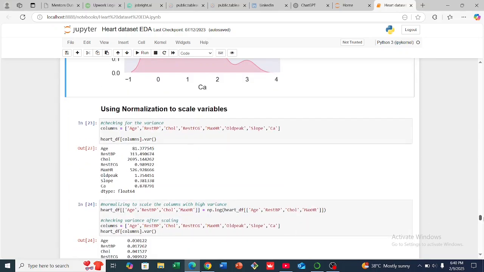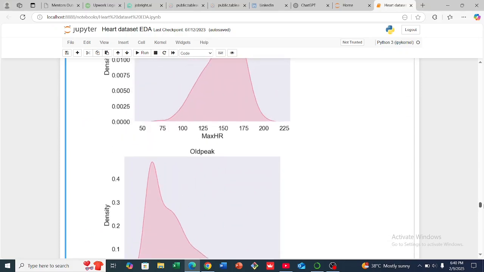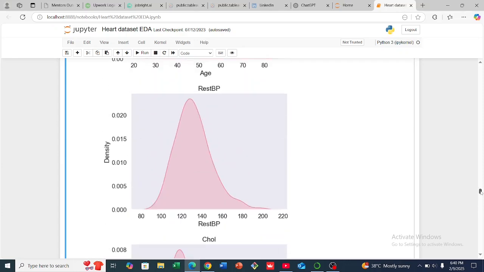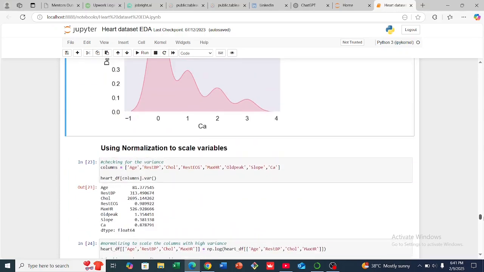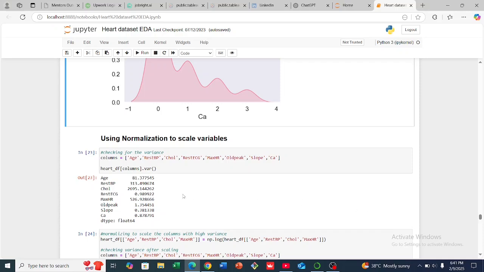various shapes. So now we'll go ahead and normalize and scale my variables, because from the graph you can see that most of these columns don't have this normal distribution shape, apart from a few like age, cholesterol, rest blood pressure, and all that. But before we go ahead and do that, we want to look at the variance in each of these columns. I use the .var method to do that. Using the .var method on the columns which you just want to see, you can see we have the variance